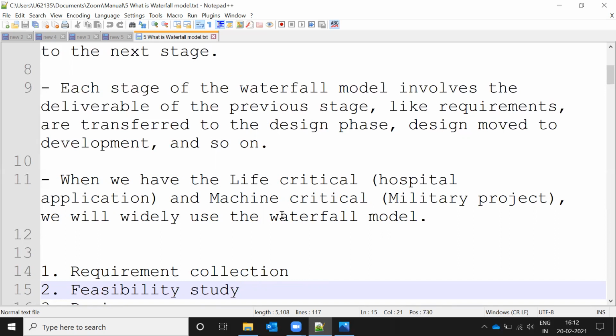They will make it a fixed application, and then only can you go for the waterfall model. In the waterfall model, the previous stage, requirement, transfers to the next stage, design, then coding, then testing, then development. Like that it goes one by one.